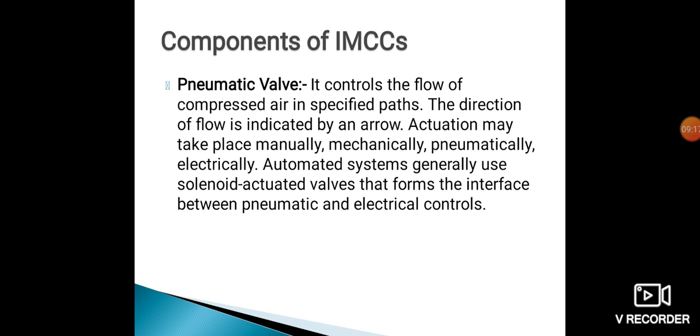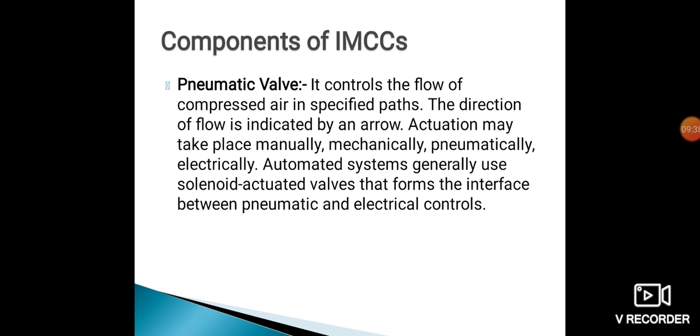Pneumatic valve. A pneumatic valve controls the flow of compressed air in a specified path. The direction of flow is indicated by an arrow. Actuation may take place manually, mechanically, pneumatically, as well as electrically.